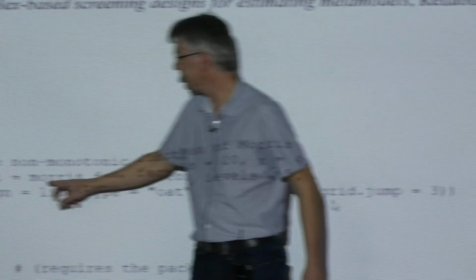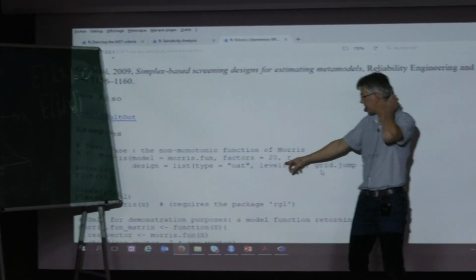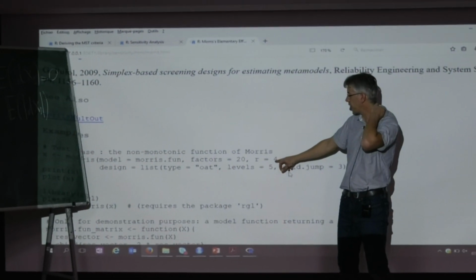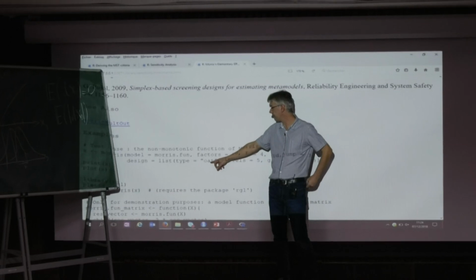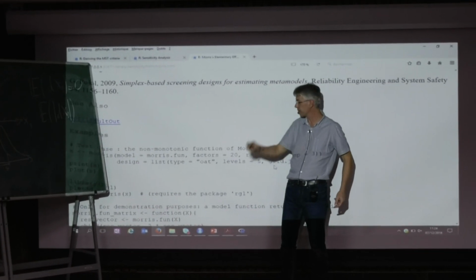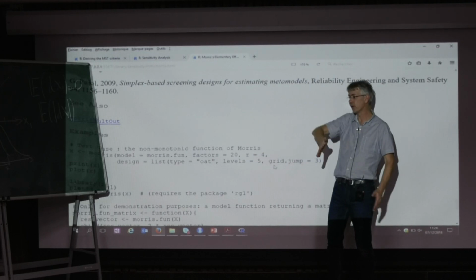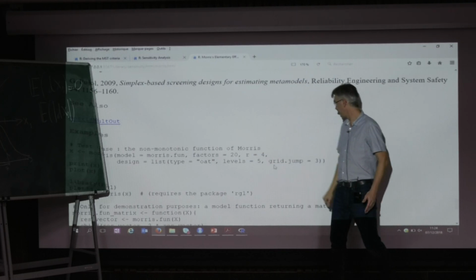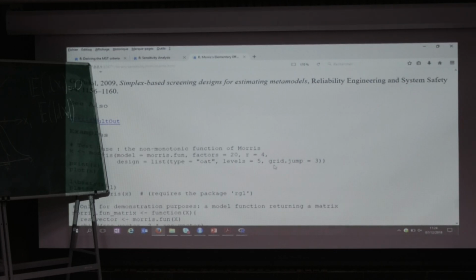The model is the name of the function, Morris.fun. Factors equal 20, there are 20. I make 4 replicas, and the design is a list where I define that I want to make some one-at-a-time increments, because we can complexify it. The number of levels is the number of subdivisions. And the grid jump is another detail that I will explain later.